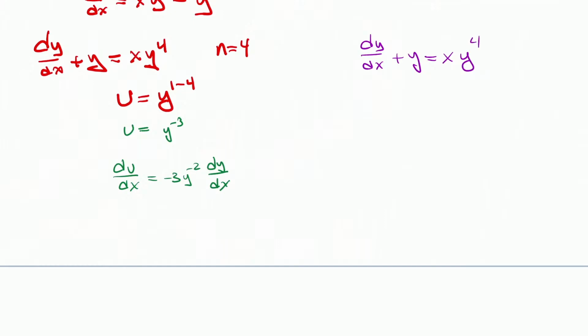Okay, so in this case, I'm going to do this the way that I would do substitution. Remember in calculus how I was always insistent that I want to make this appear somewhere. So that's what I'm going to do. I will put it right here: negative 3y to the negative 2. But I can't just do that unilaterally. I have to multiply everything by that. So you multiply all the way through. So let's see what happens. Negative 3y to the negative 2 dy over dx